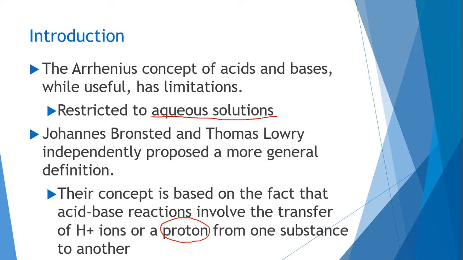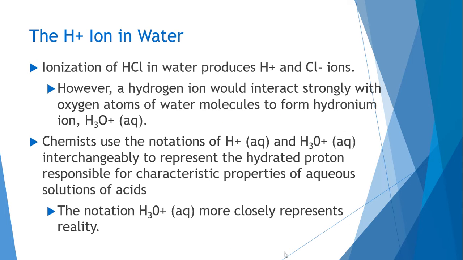Now, a hydrogen ion is just called a proton because if we look at hydrogen, its atomic number is 1. So it has one proton in it, one electron, and no neutrons. So if you make an ion and make that a hydrogen plus, you're going to get rid of the electron. So you have 0 electrons, 0 neutrons, and 1 proton. So it's essentially just a proton. So we're going to look at an example to kind of explain what I mean by a transfer of a hydrogen or a transfer of a proton.